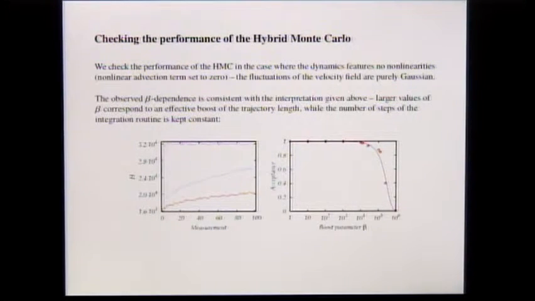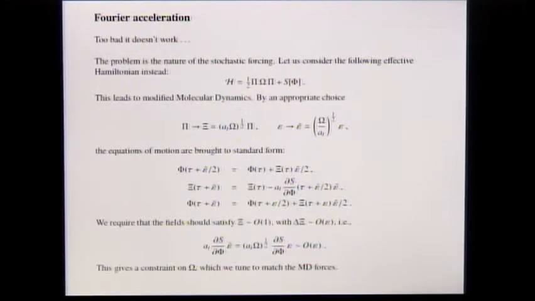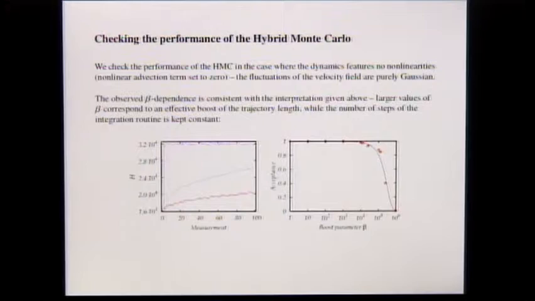All right. So in this particular case, we'll be looking at a very simple setup just to make sure that everything works. No nonlinearities, just a diffusion equation, but stochastic forcing. So the fluctuations are purely Gaussian, and we will take a look. So beta is in fact a parameter which measures the strength of this omega here. We will check the beta dependence of our algorithm. So beta is a tuning parameter which essentially measures the strength of this omega, which is tuned to match exactly the momentum dependence of the stochastic forcing, the kernel k.